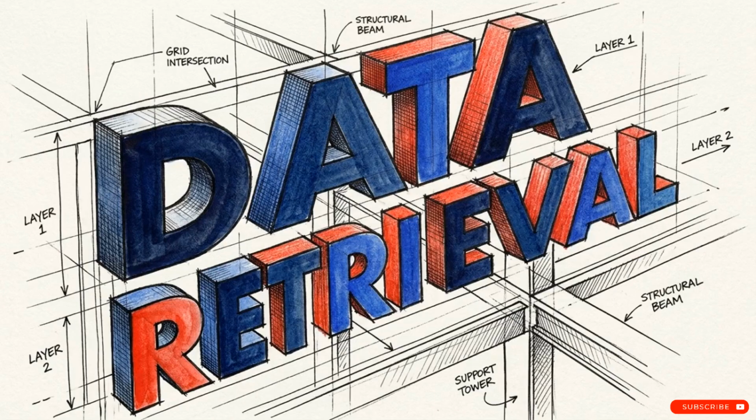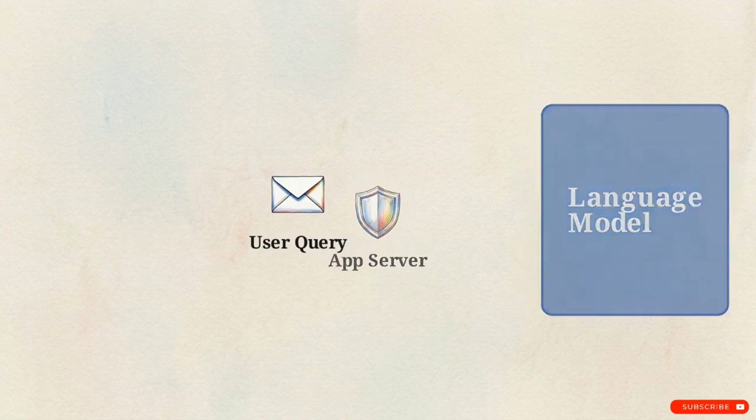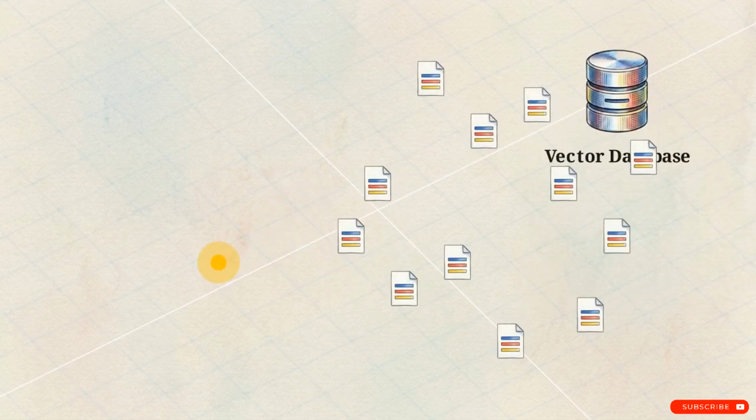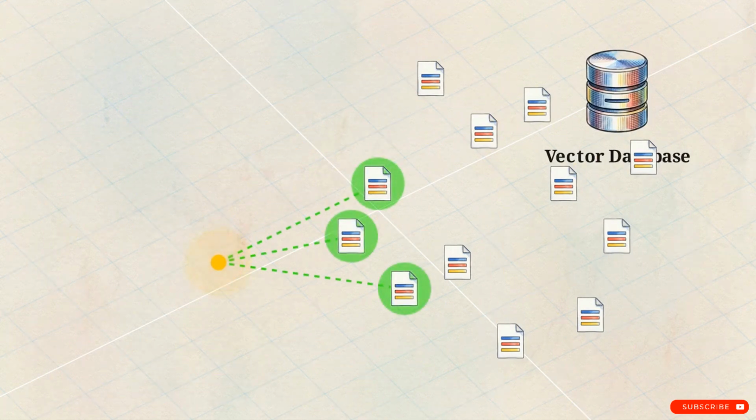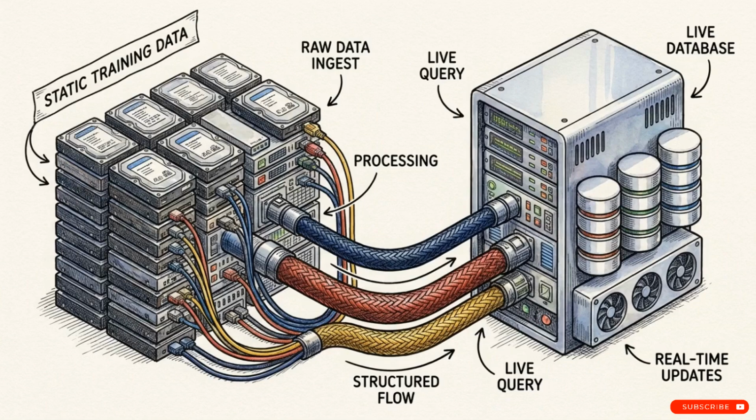The primary method for this is Retrieval-Augmented Generation, or RAG. When a user submits a query, the application server intercepts that request before the language model ever sees it. The server routes the query into a vector database. Using similarity search algorithms, the database instantly locates internal company policies or documents that geometrically align with the user's request. The system retrieves those specific files, appends them to the original query, and injects that combined package straight into the model's context window. By bridging the gap between a model's static training dataset and a live proprietary database, RAG directly targets and mitigates the hallucination problem.